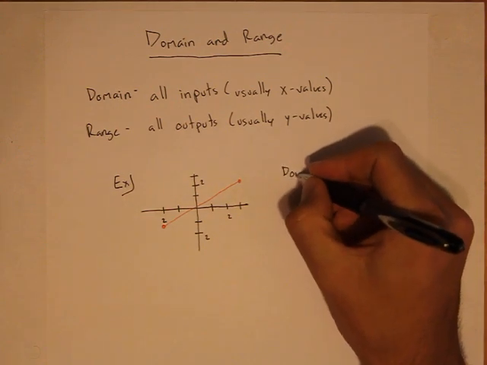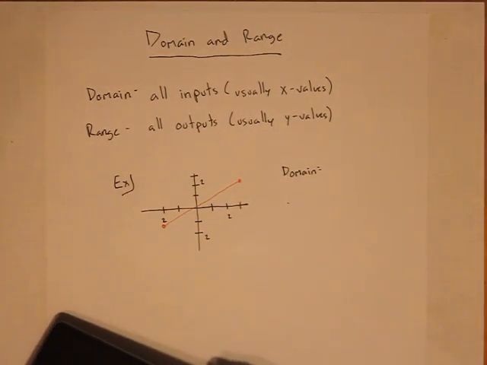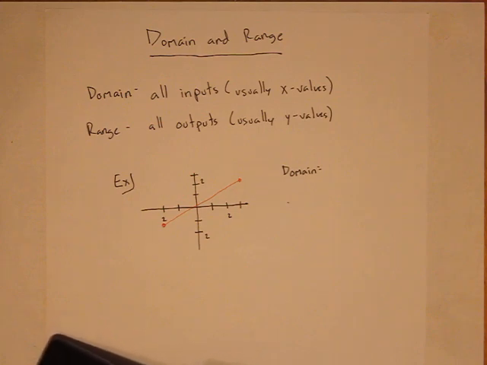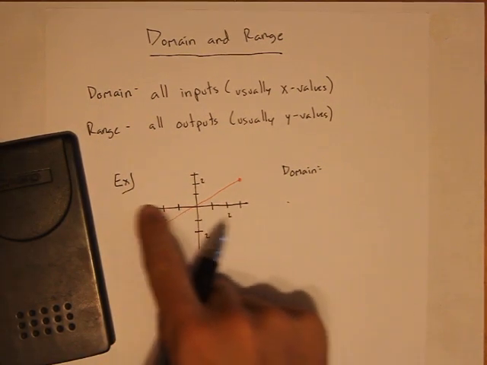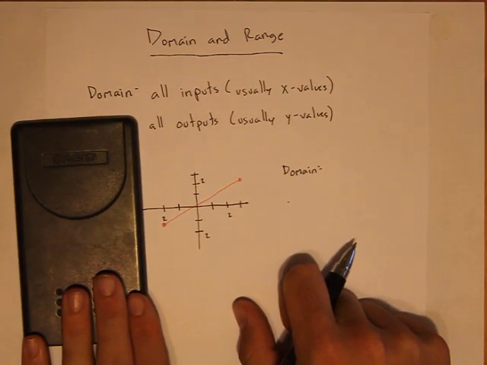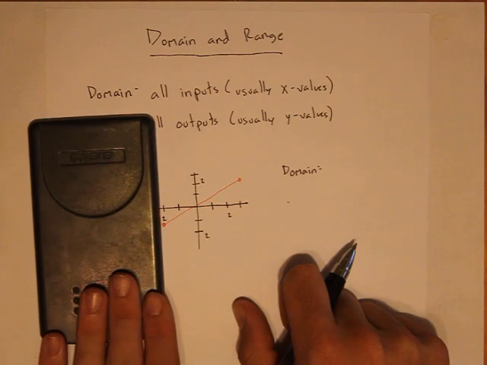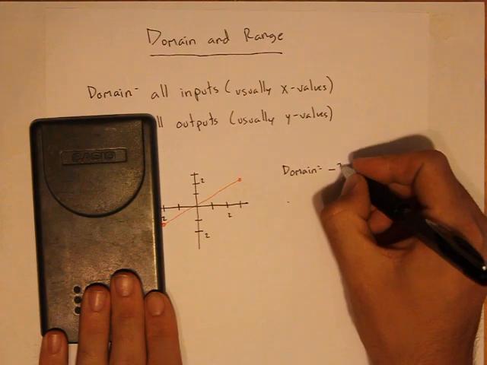Starting off with domain. Okay, now here's the deal. I like to use some sort of straight edge. A Post-it works great. This is just the side of my calculator. When we do this domain and range, we're going from small to big. Small to big. So when I come over here, we're talking about domain. I'm interested in the x-axis. I want to know which x values are part of my graph. So if I start on the left-hand side and I want to find that small number, I keep moving over and I see that I hit my graph at -2. So I'm going to go from -2